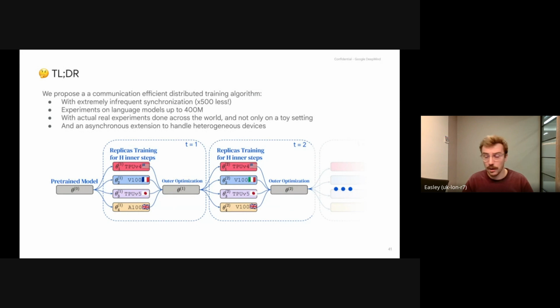We do experiments on language models up to 400M. Our actual experiments are done across the world, but we also propose a toy setting. And we propose an asynchronous extension that can handle heterogeneous devices, which is very helpful for us as we can pull every kind of hardware we can find in Google and use them all in parallel.